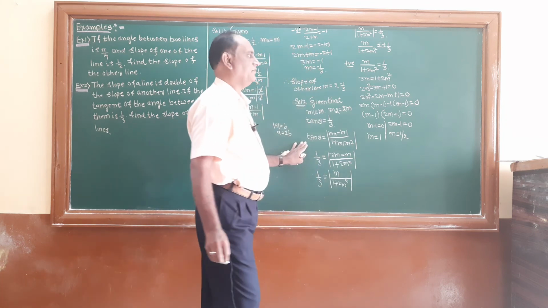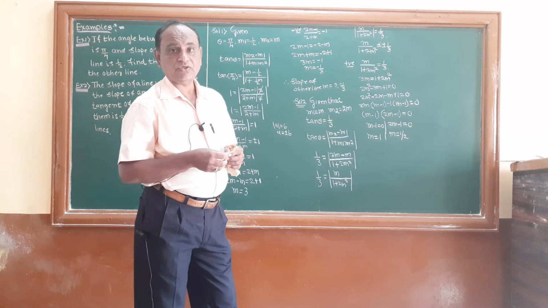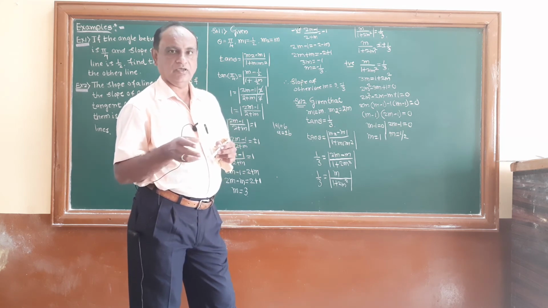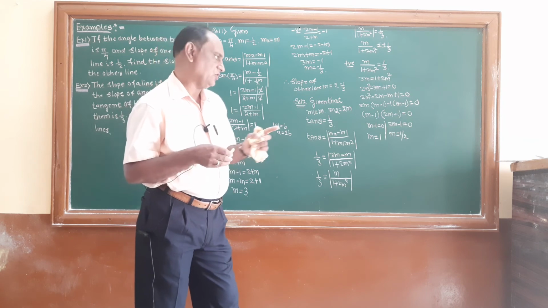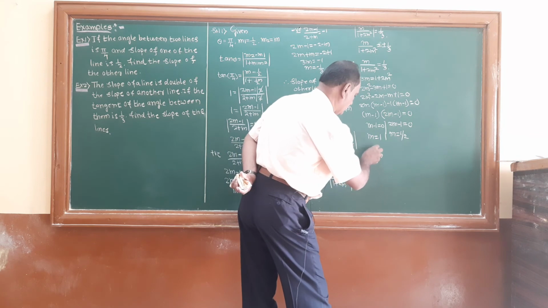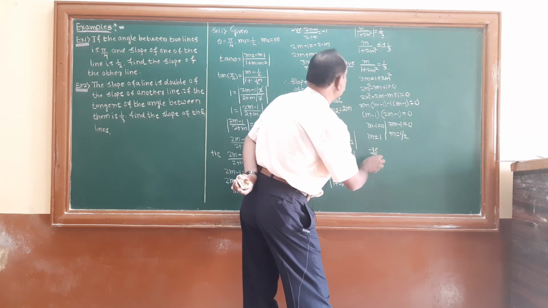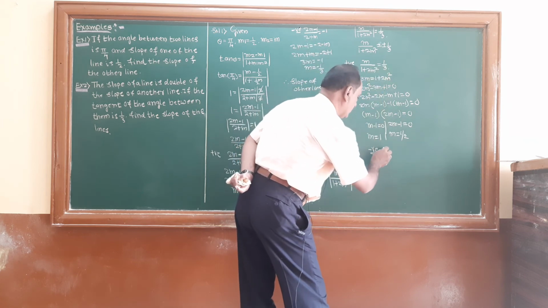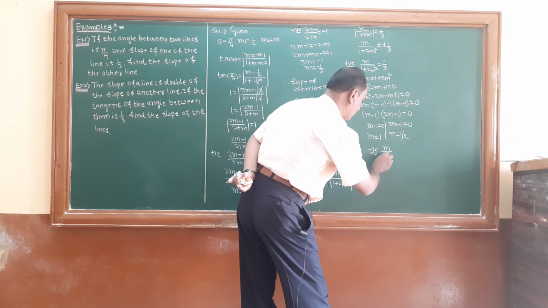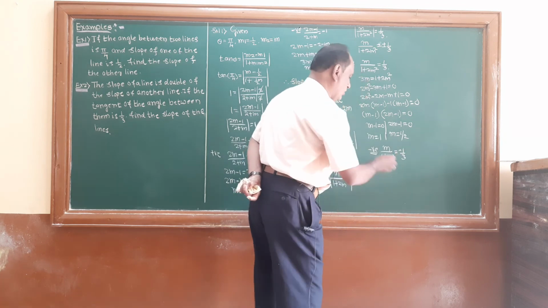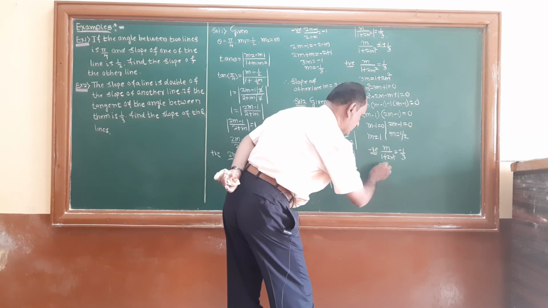So by taking positive 1/3, we get one value m is equal to 1 and another m is equal to 1/2. Now on the same line, take the negative quantity. Earlier we took the positive, now take the negative quantity. So m divided by 1 plus 2m square is equal to minus 1/3. By taking the negative and cross multiplying, 3m